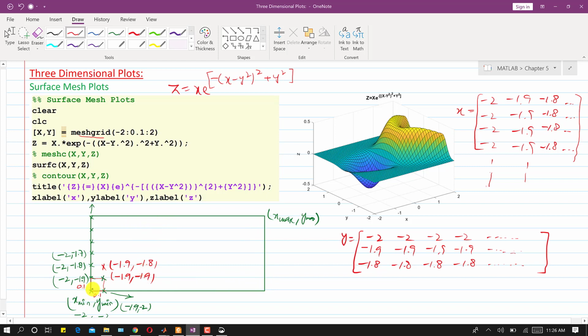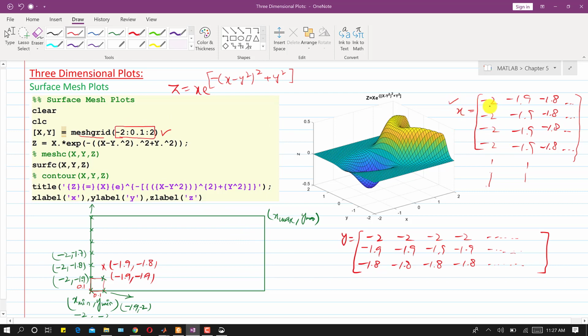The corner of the rectangle is the x minimum and y minimum values, so we have specified this. This is the range for the x and y values, from minus 2 to 2. It will generate two matrices x and y, and they will have values between minus 2 and 2. If we combine the corresponding elements of each x and y array, they will create this rectangular mesh. When we execute this line, it will create an x array.